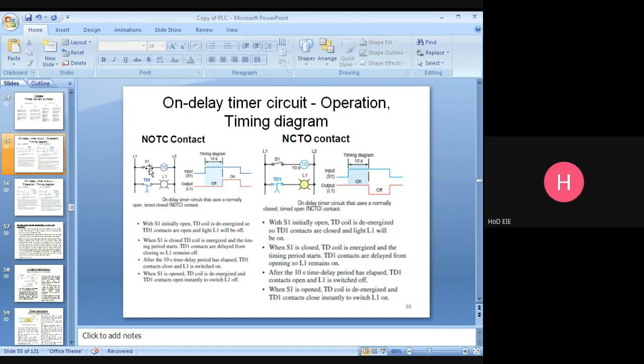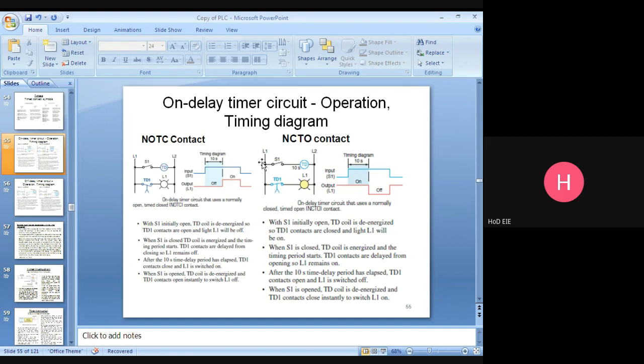So on delay means once the switch is closed, this action should be taken immediately in the bulb. But there we are introducing some delay. This one is on delay.